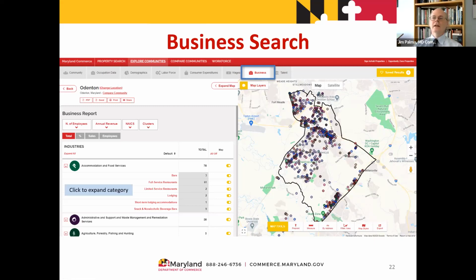So as you can see, just because accommodation and food services is the first industry that pops up, I click to expand it. And again, a little bit small for you, but there's 3 bars, 61 full service restaurants, 2 limited service restaurants, 2 lodging places, etc. So within these many dots, which represent all of the businesses in Odenton, and as you can see, some of them slightly around it,